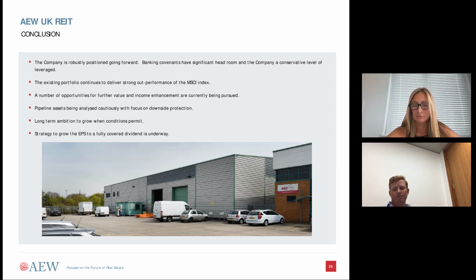Fantastic. Thanks, Alex. Next one we've got here is from Andrew. Alex mentioned a target initial yield of 7.5% to 10%. Is this becoming more difficult to achieve? It's actually not. And this is perhaps one of the reasons that we are becoming more sector ambivalent,